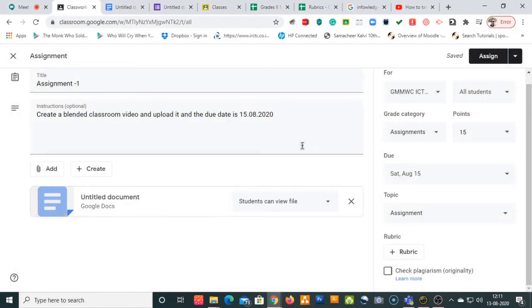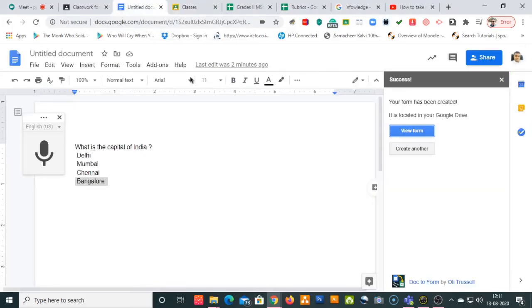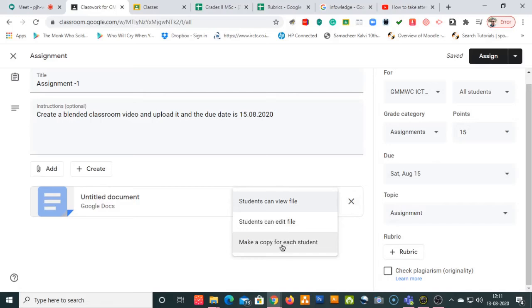Now once your Google form is ready, you can see here I have my document. After creating the assignment, don't forget to make a copy for each student, so that each student will receive an individual copy of this document.